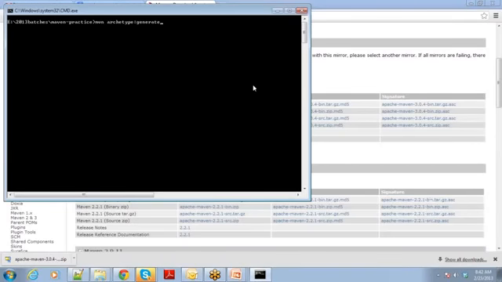After I have installed Maven, the only command I am typing here is mvn archetype:generate. Now when I press enter, you will see Maven setting up my internal repository. There are two types of repositories.